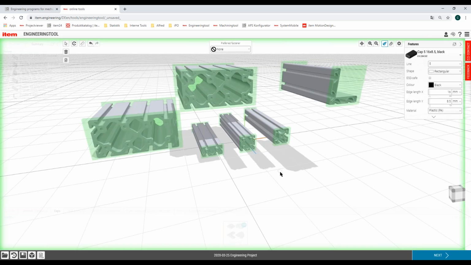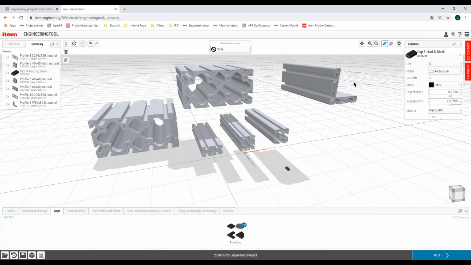And as soon as I import it, just drag it without dropping at the moment, you can see all of the intersections of the profiles, they are getting green. And if I get close, there's a black line. That's our so-called magnet snap line. But now I will just drop my cap, and you will see it's a cap, line 5, 16 by 8.5.